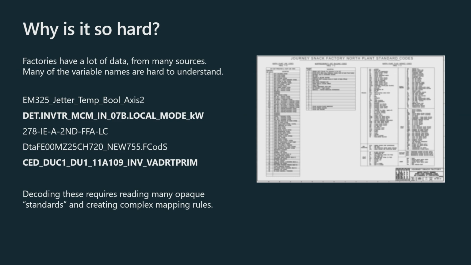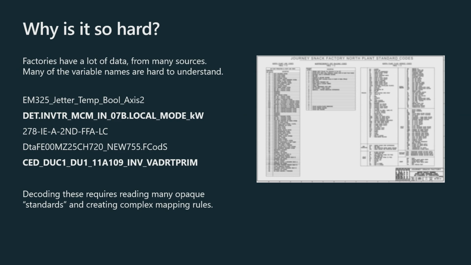So how do you decode these names? Do you just look it up in the documents? Yeah, so I mean, you get lovely documents like my somewhat anonymized blurred version that you have up here. Lots of engineering specifications that you have to look at. Now, as the old quip goes, the great thing about standards is there's so many to choose from. And that holds true on the manufacturing plant floor too, where different generations of equipment have different standards. Maybe you've got the standards document that was written at one point, but you can't find the document. Equipment has evolved over time, so the document's no longer relevant. And so you spend a lot of time trying to go through and piece together exactly what these garbled messes of variable names look like.